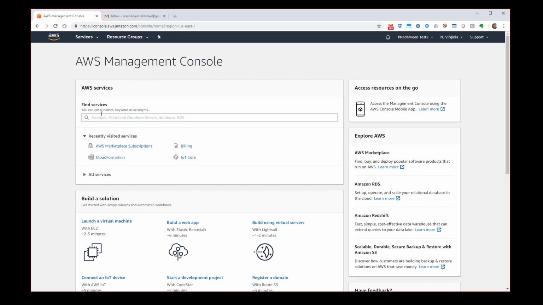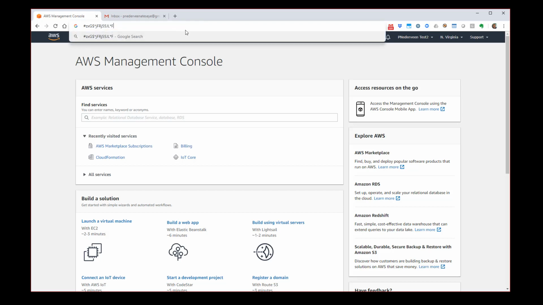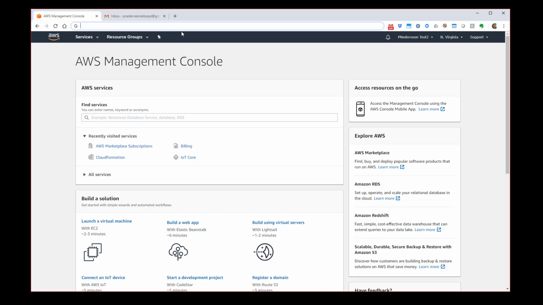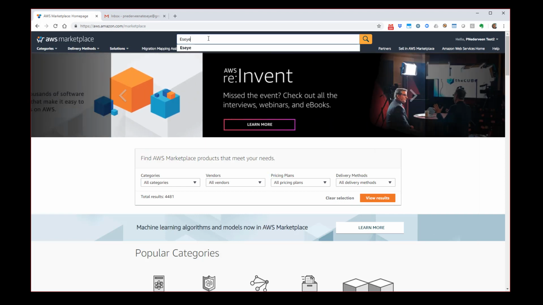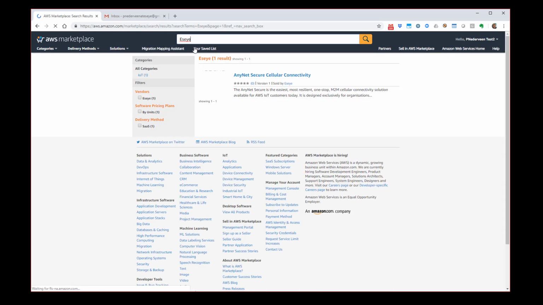So from our AWS console, the first thing that we're going to do is go to the AWS Marketplace site. And that is right here. So when we get to AWS Marketplace, we're going to search for Eseye. That's going to pull this right up. And here we see the AnyNet Secure Cellular Connectivity option. So when I click on this,